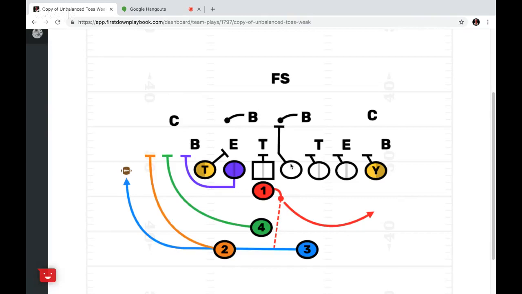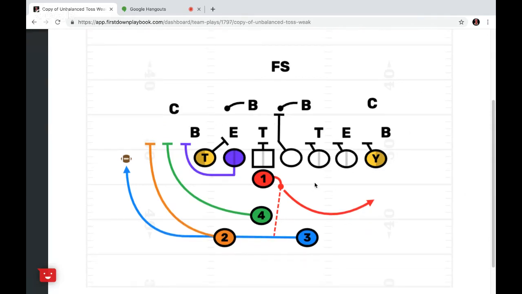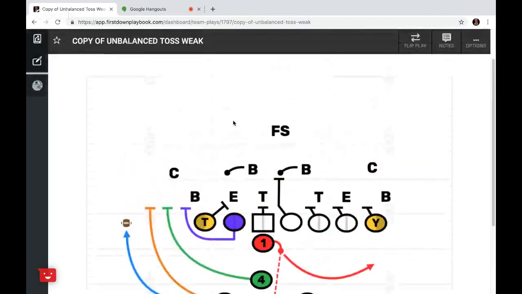Get your pulling guard, and now on the backside, everybody just reaches, because all you have to do is make sure that whoever you're blocking runs around the outside. And so now you've got a pulling guard, a 4-back, a 2-back, and a 3-back all out here, all right, leading up on what could potentially be a corner. Okay, now